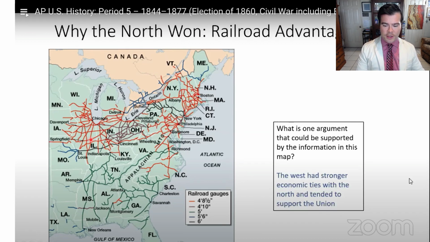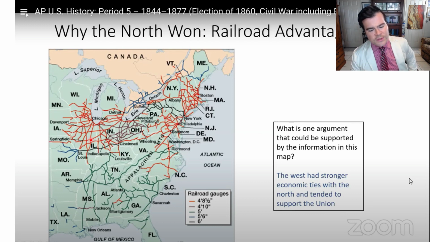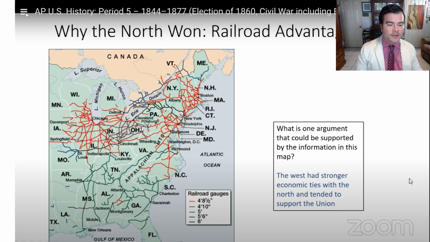Okay, so the West had stronger economic ties with the North and tended to support the Union. That's one argument, right? Like, we have access to the transcontinental railroad to the west. California and the western territories were more connected to the Union in terms of trading and access to markets and the economy. But you could also just say, look, just logistically, being able to move supplies and move troops and get information is crucial